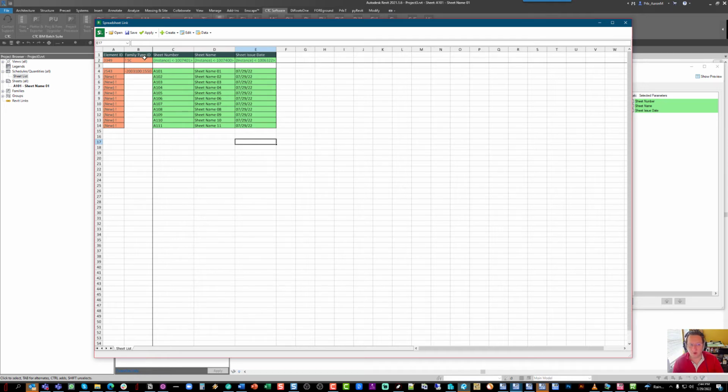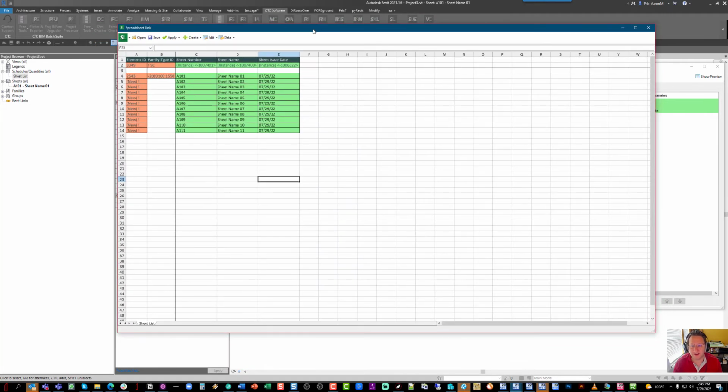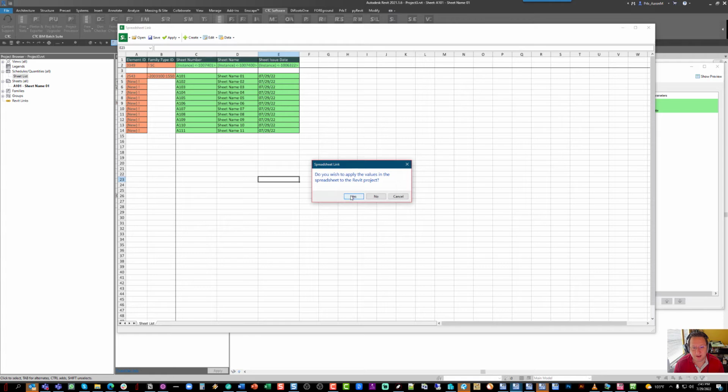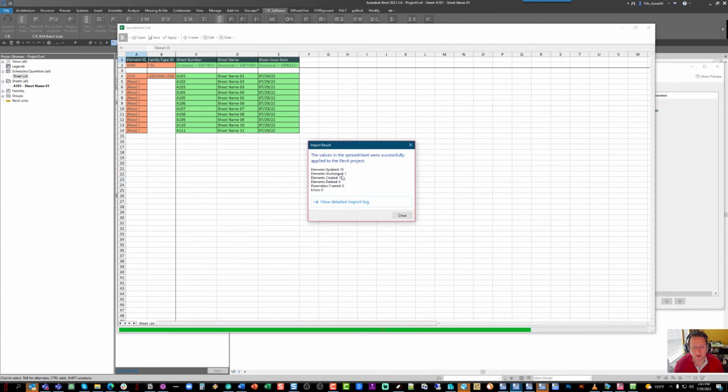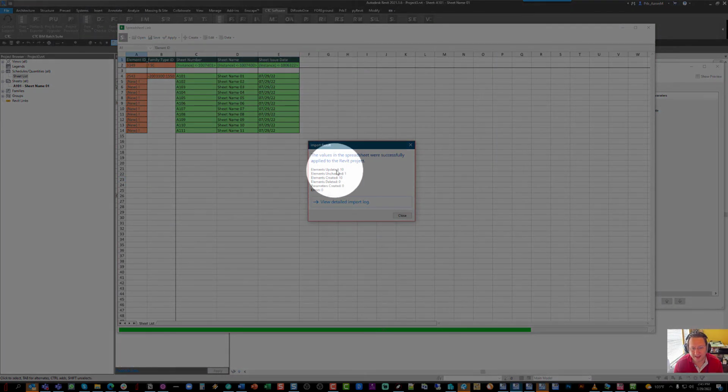How Spreadsheet Link works is if it is an existing element, there should be an element ID and a family type ID in these two columns. The fact that this wildcard is here means it is now trying to create new sheets for all of these entries right here. Where the error comes into play is if you're getting your drawing lists incrementally from your consultants, and at some point you've now hit apply the active workbook, you'll see that now Revit has added those